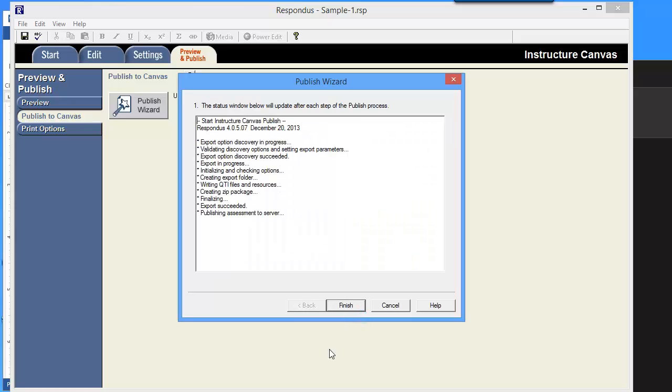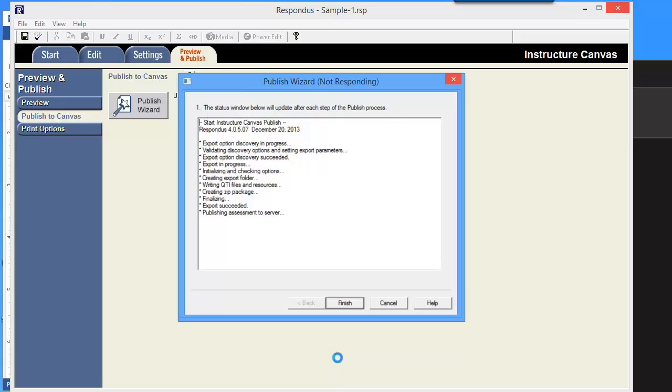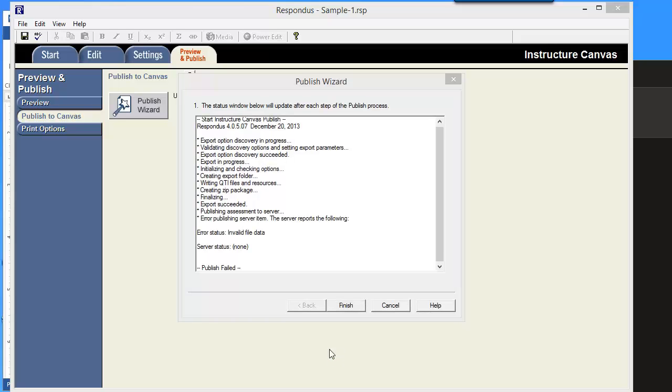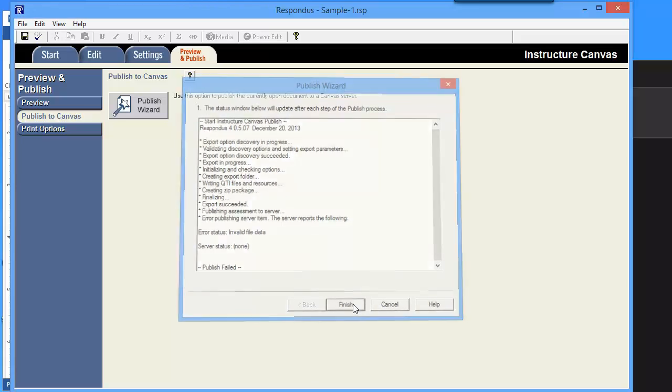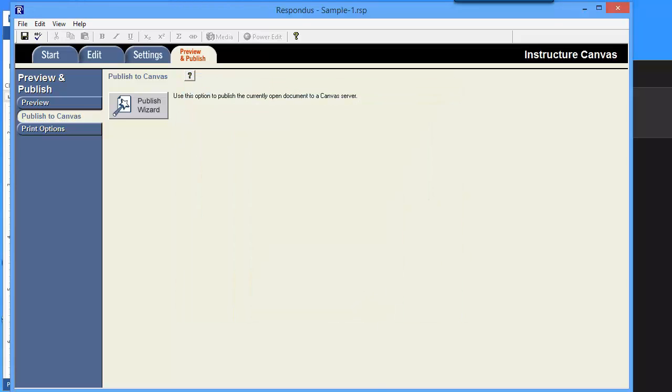Now, the last time I did this, it told me it was an unsuccessful publishing, but it nevertheless appeared on my server, so apparently it wasn't that unsuccessful. There are probably still a little bit of things that need to be done. Yes, it's telling me that the publish failed. It's telling me there's invalid file data. But if we actually go over to the server, which I will do now,